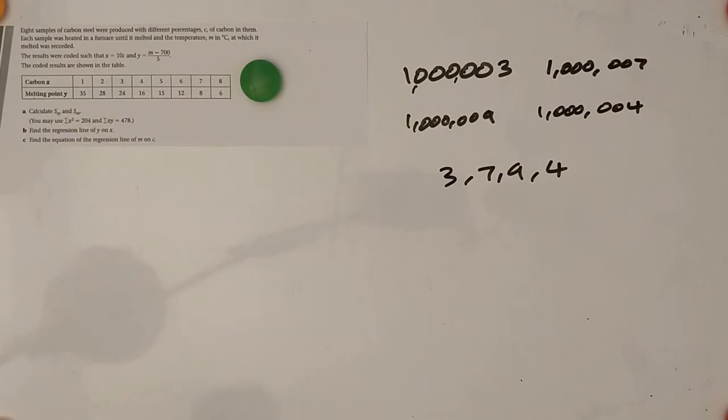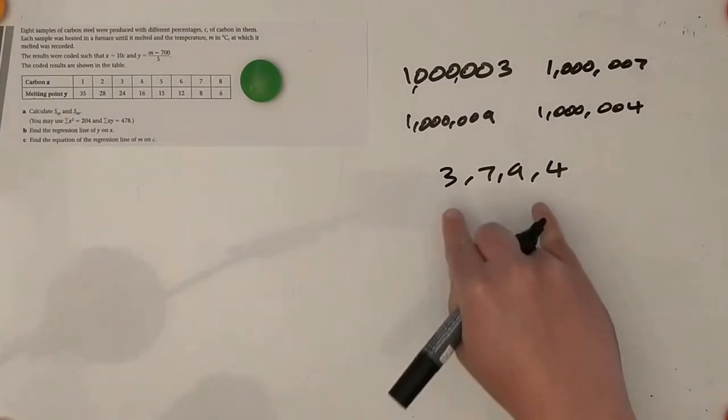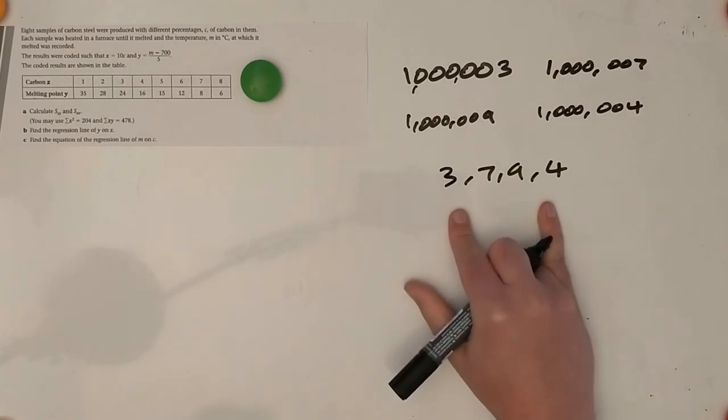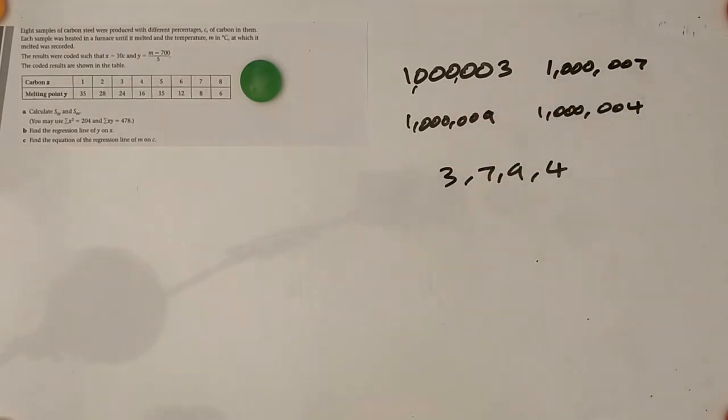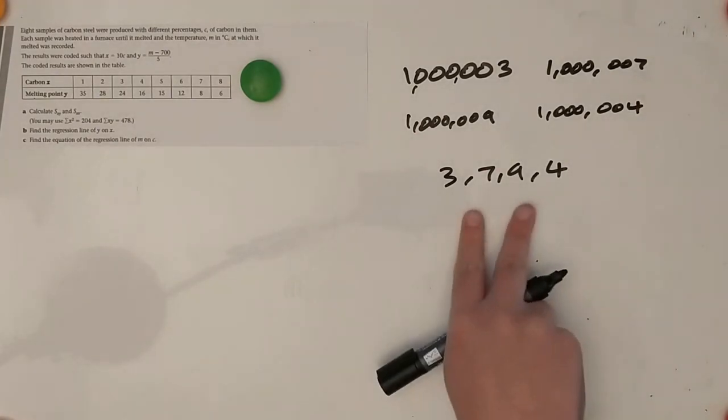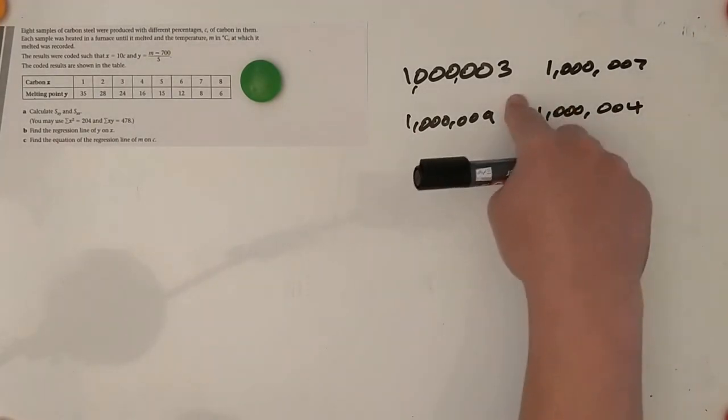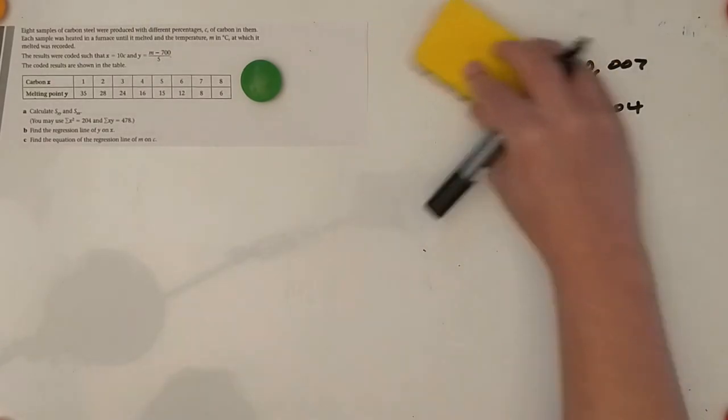okay, I can find the line for these values and then code them back into the previous values. So doing the calculations with these values is obviously going to be easier than the values with these ones because they're smaller numbers. So as an example, 8 samples of carbon steel were produced with different percentages C of